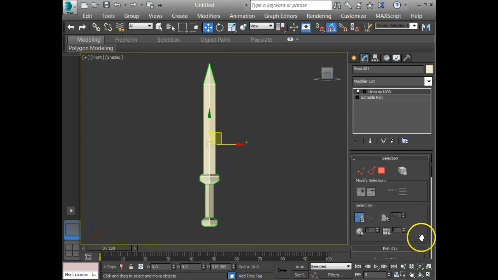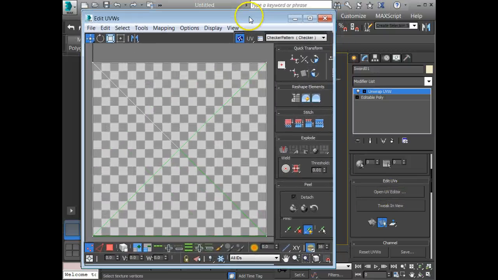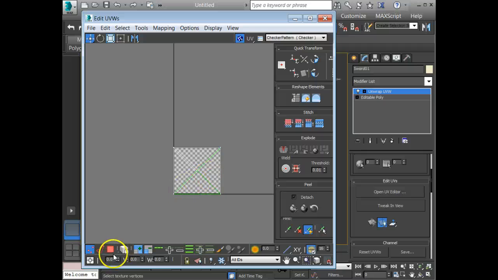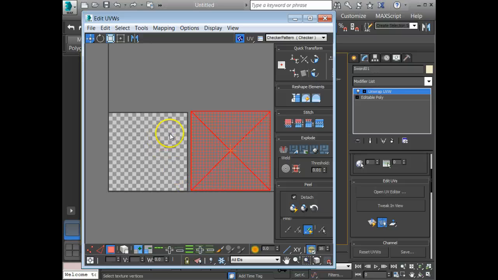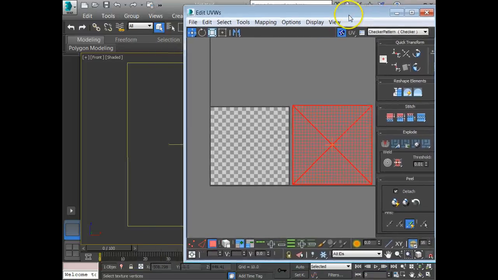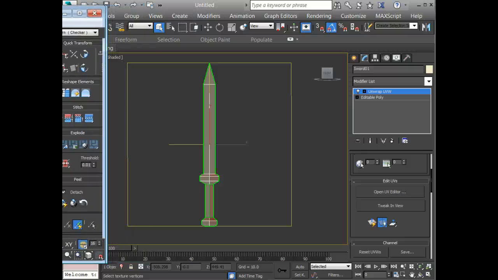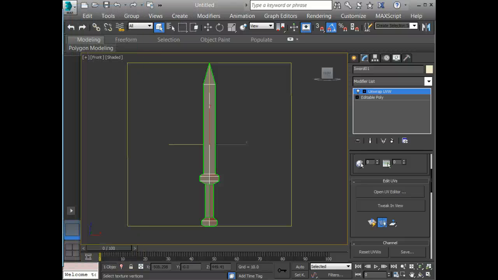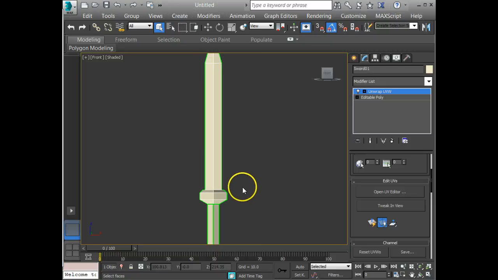We will then open the UV editor here. And let's take a look at everything. What I like to do is just move them out of the way. If I already had something painted, you'd be able to see it in here. But I'm making a sword from scratch, so we're gonna do our own UVs and then have to paint it. So let's first start with